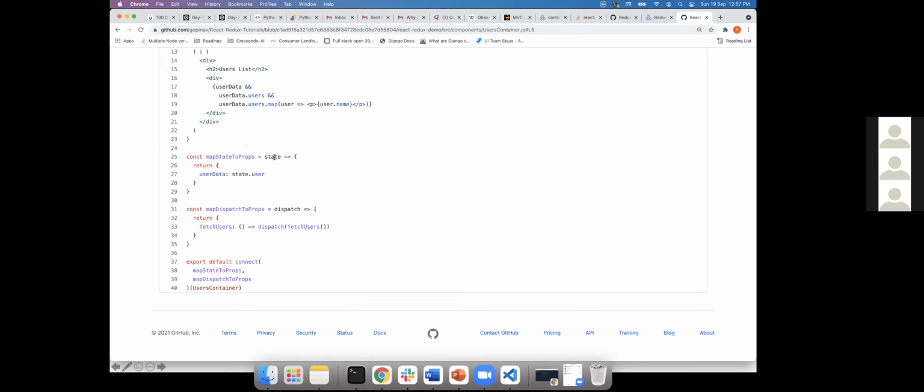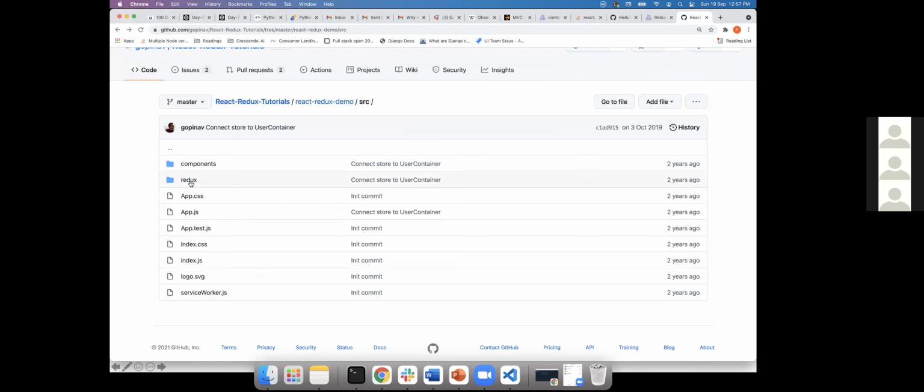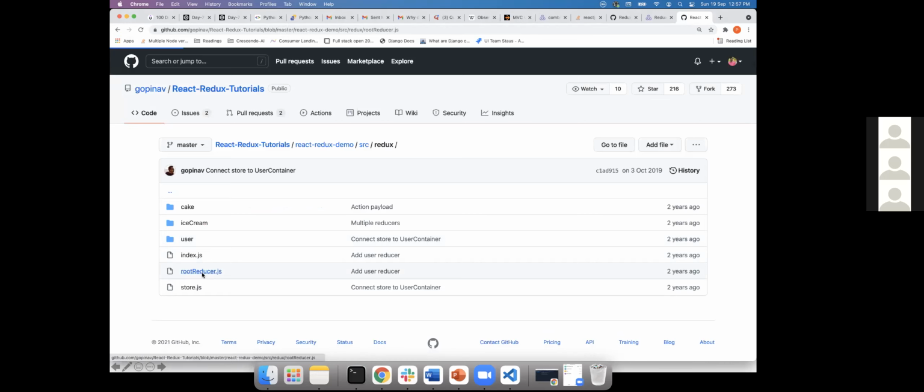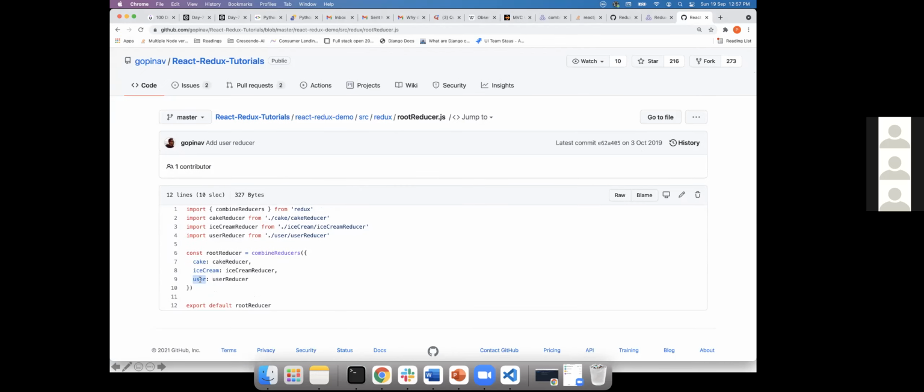So when you take the store, I told you we create a combined store with a key called user, right? You remember that, right? So state can have multiple reducers.